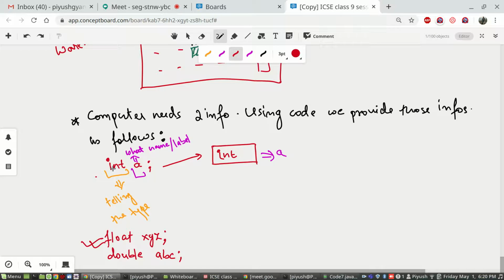That will consume relatively less space. Let's say 2 boxes are required for saving one int value. So if you write a smallint, the computer will only give you one memory block. So for the sake of saving memory, there are different types within the same category. We'll come to that later.